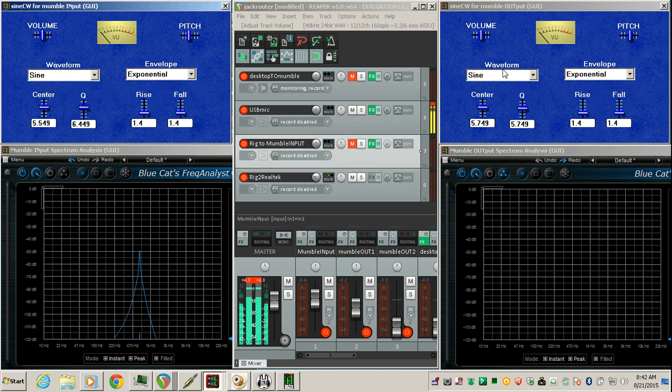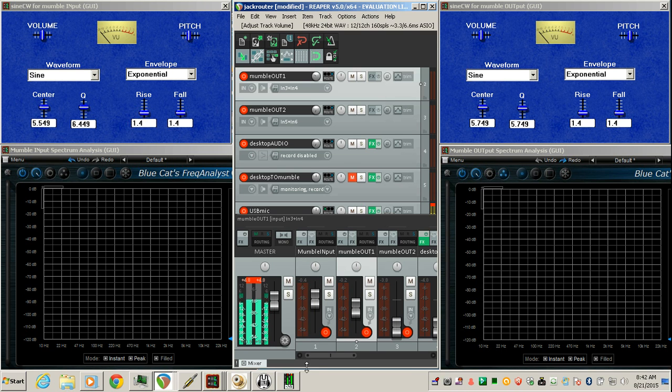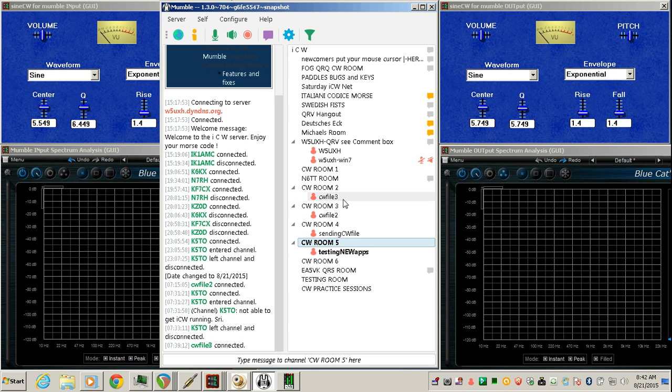Okay, so we have that going. Now let me go over the mumble outputs. First I'm going to show you what the mumble output sounds like naturally. Then I'll show you why regenerating it has some advantages. So I have 3 different CW files already sending. So I'll just go and